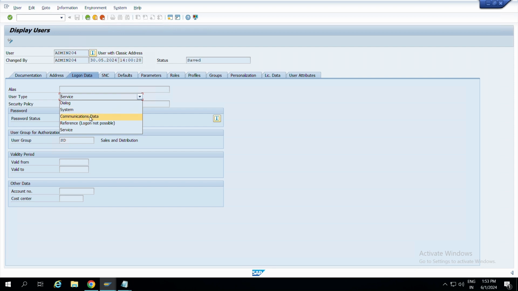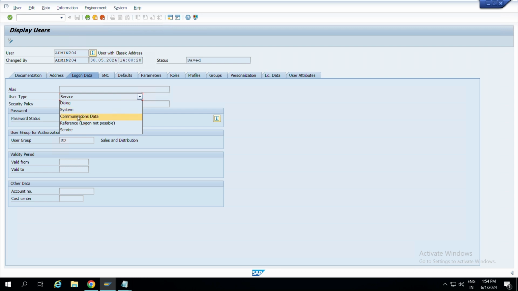And the password expiration. For service user and system user, the password will not expire and they won't ask you for an initial password also.